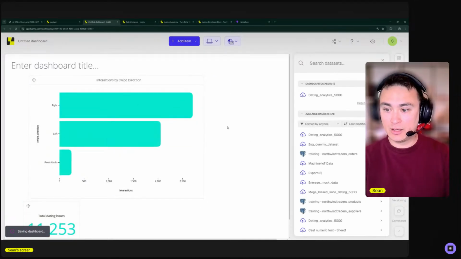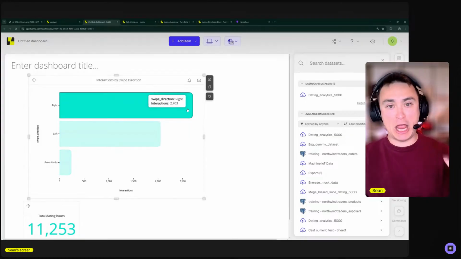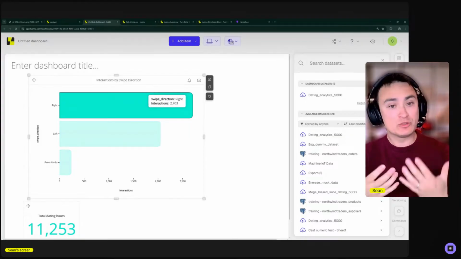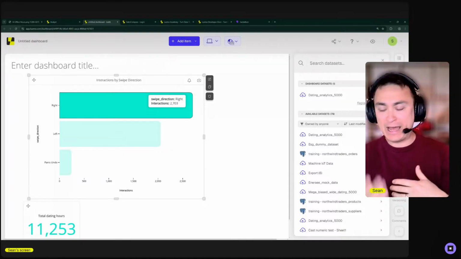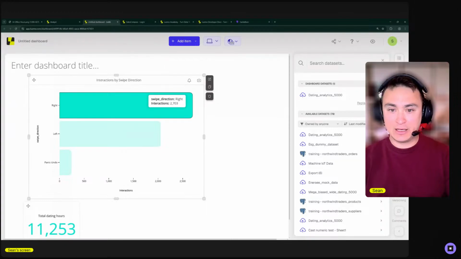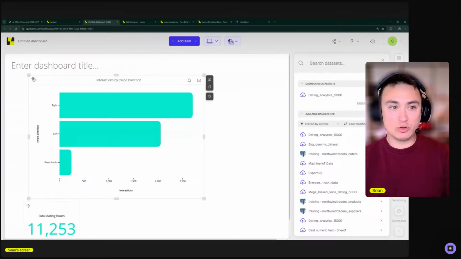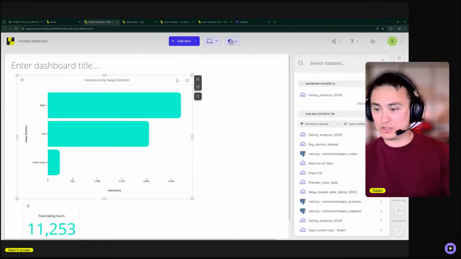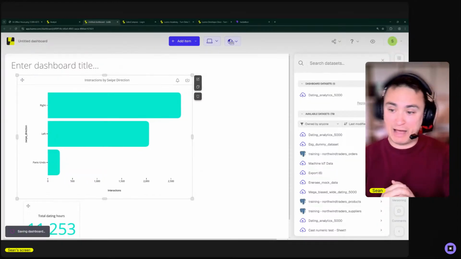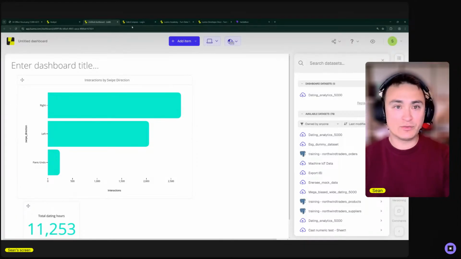Now, these are all the features, let's say, internally that you're using when you're logged into Luzmo as an admin, in this back office for managing your analytics. What I'll switch over to showing now is some of the functionalities you can provide to your end users. These are things that you're going to embed into the platform itself, and the end users can now have access to. So if I jump into this other tab,